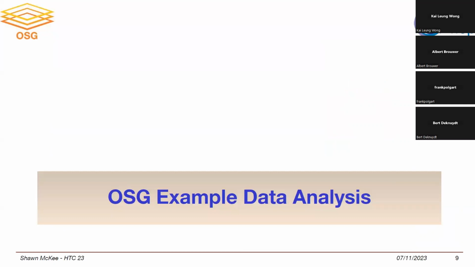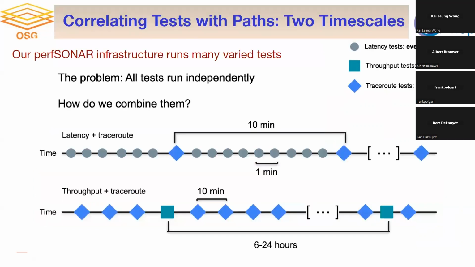Here's what I really want to show you, though. I want to show you a little bit of the complexity that we have to deal with when looking at these network metrics. So our first challenge is that we have tests that run that determine the path through the network, the layer 3 path, basically traceroute. Many of you are probably familiar with it. We run that approximately every 10 minutes between our sources and destinations. So we understand what is the path that's in effect at that point when we look.